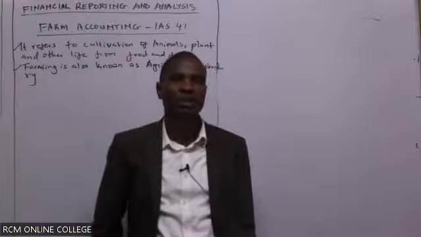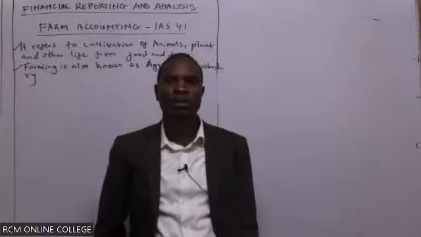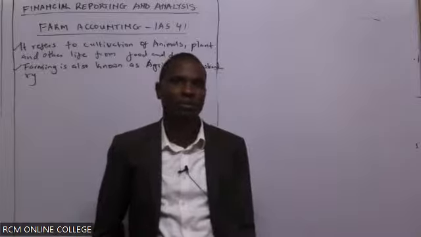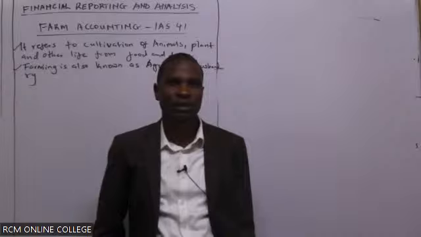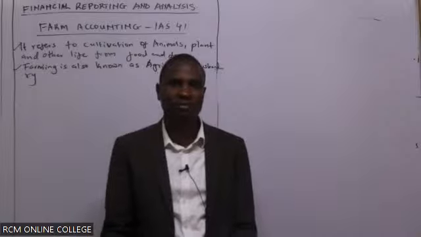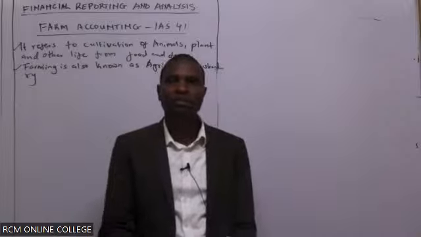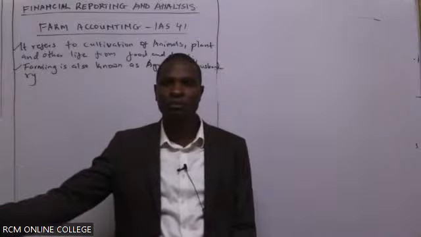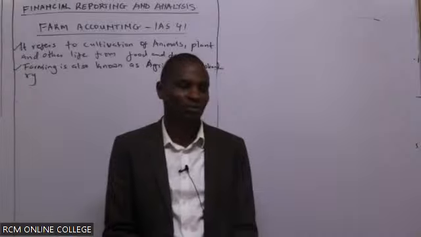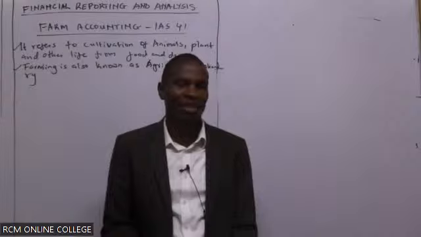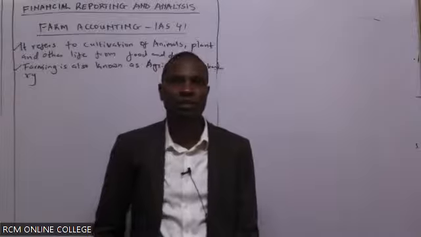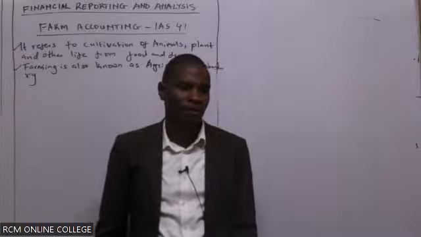Marcelina says those are drawings. Okay, we shall see. The standard will guide us on how to account for such items. You see a relative has come and you have given them 2 liters of milk. Now how do we account for that? Or you've given your employee food when they work on the farm. How do you account for that food? It's difficult, but at the end of the topic you shall have seen how we account for those items.